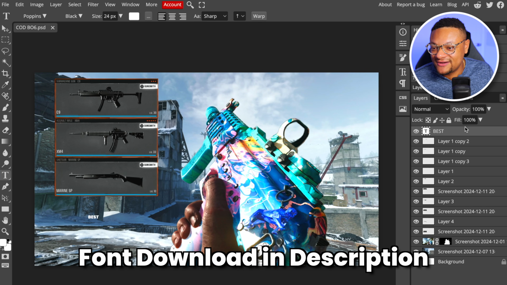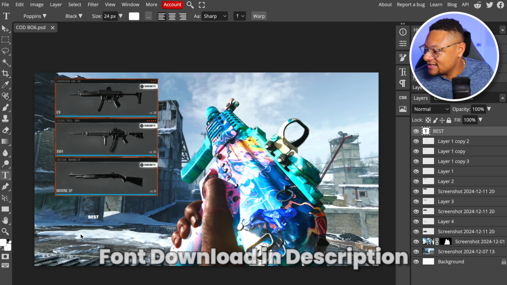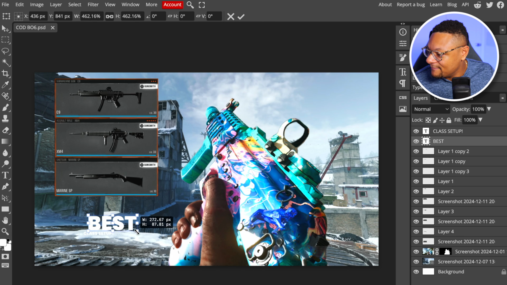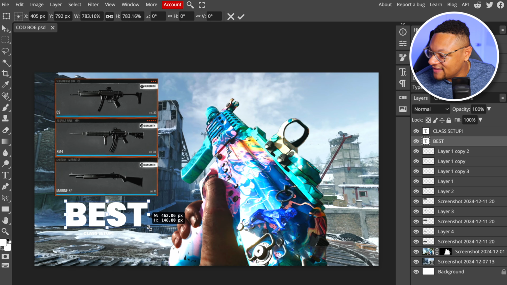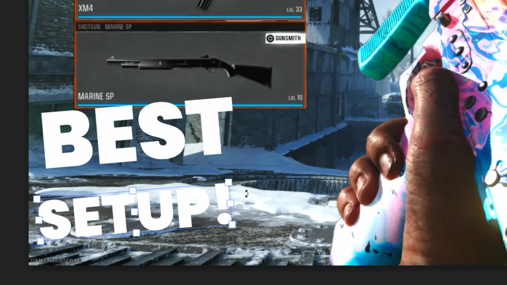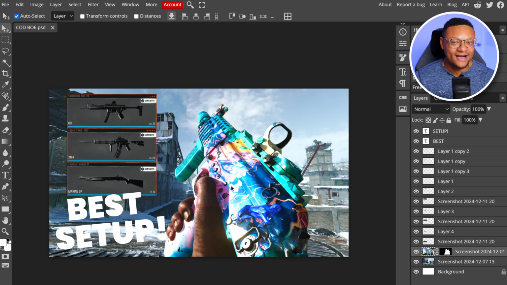I'm going to make sure that that layer is on the top, by the way. And we're going to type another text layer here below this. Of course, if you want, you can set your text to be a bigger font size. I'm also going to put a little bit of a tilt on this by just selecting the outside of that and rotating it. The one other element I'm going to add to this thumbnail is the Black Ops 6